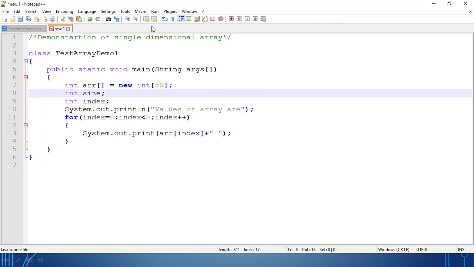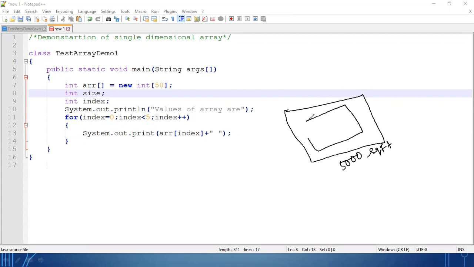Now here one concept may come that suppose you are buying a particular plot of 5,000 square feet. Clear? But is it necessary that on the entire 5,000 square feet you will build your home? No. Whenever you will build your home, whatever is your requirement, in that requirement you will build your home, and the rest of the space you will keep vacant or you will utilize it for a different purpose.